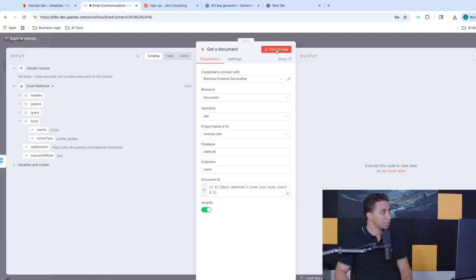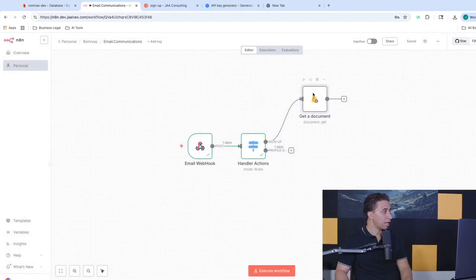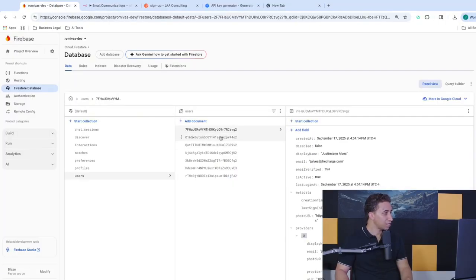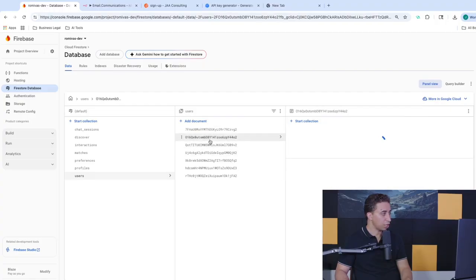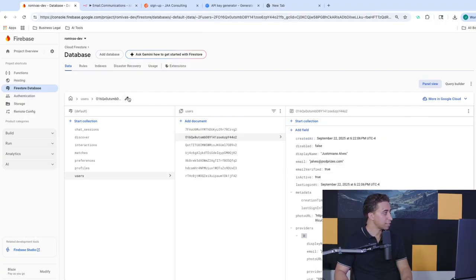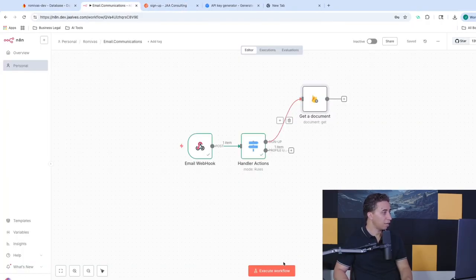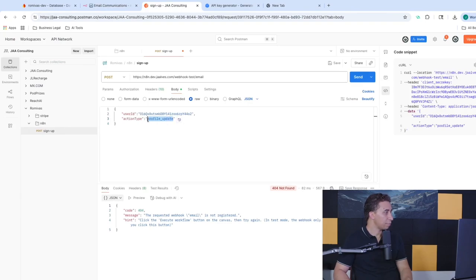So now if I execute this, I'm not going to get nothing. But now, if I say Justiniano Alves from GL Recharge, for example, pod price, if I come here and copy this ID, go here and say this is the user ID. If I just click execute, and then I want to send a sign up again,